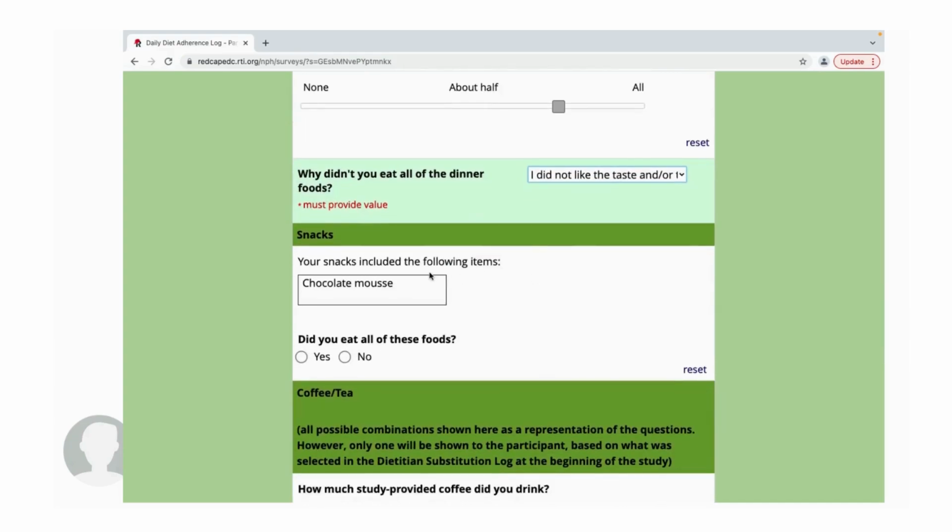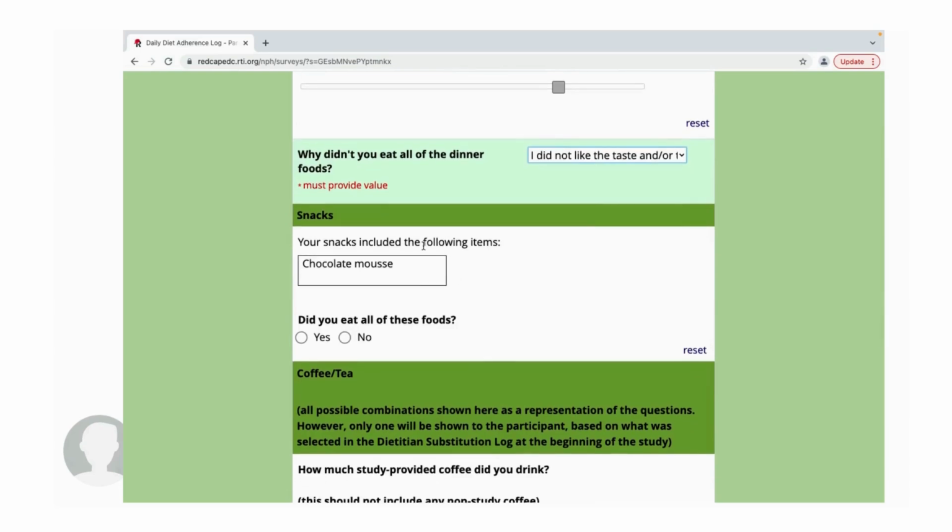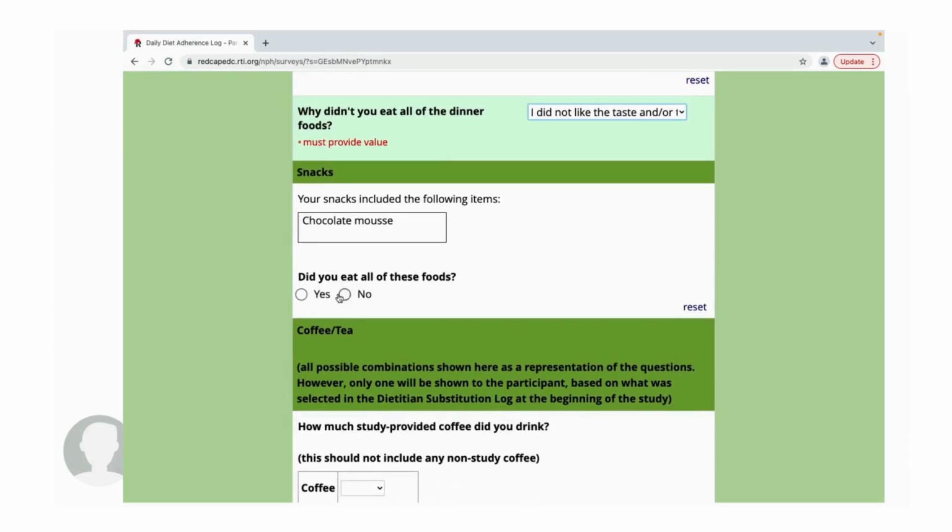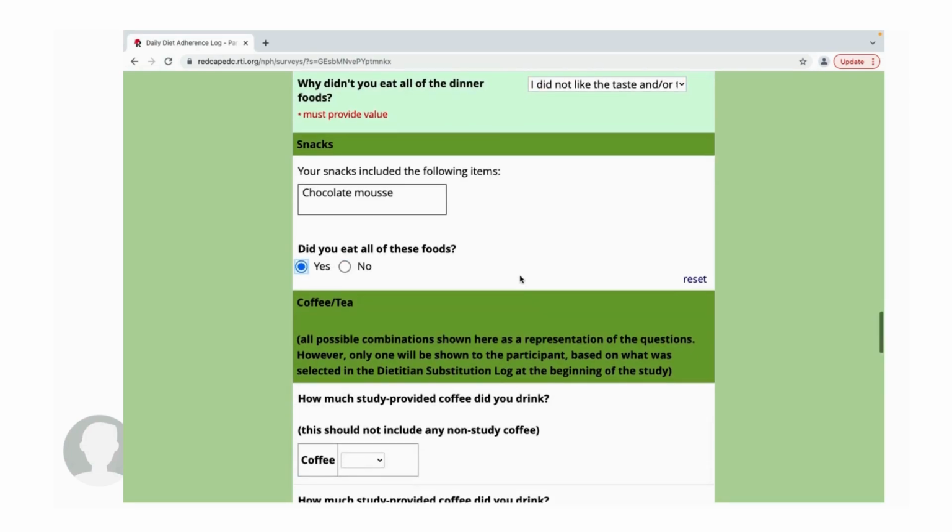And then after the meals, for any snacks that were provided by the study, they'll be asked if they ate those. And similarly, there'll be follow-up questions if they say no, but we'll say in this case that they reported eating their snack. And then as you know, as